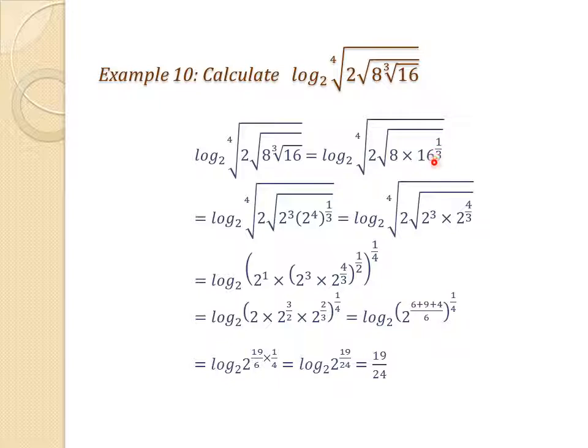Also, this 16 is 2 multiplied by itself 4 times. So I wrote it as 2 power 4. This is 2 power 4, power 1 over 3. We have under this root 8 times this 16. So the 8 also will be written as 2 power 3. And the 16 is 2 power 4 power 1 over 3. Now this value all